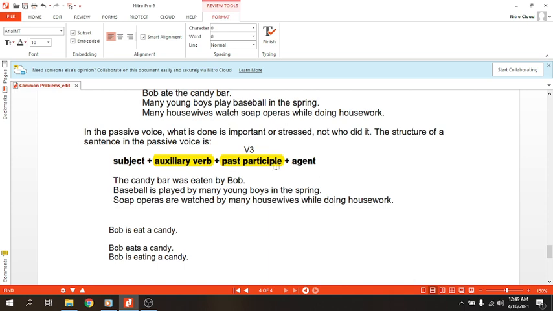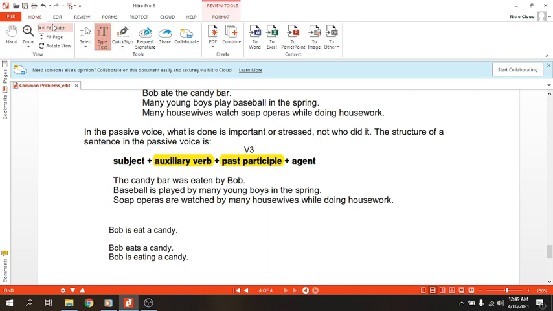Jadi please, tolong ini diperhatikan banget. Kalian harus malu kalau bikin kalimat kayak gini. Oke? Karena sekali lagi tidak ada kalimat yang seperti ini, jelas-jelas salah, totally wrong. "Bob is it a candy." Dia tuh kayak it's not clear. Dia maunya apa? Tenses tidak jelas, tidak tahu juga dia pasif atau aktif.